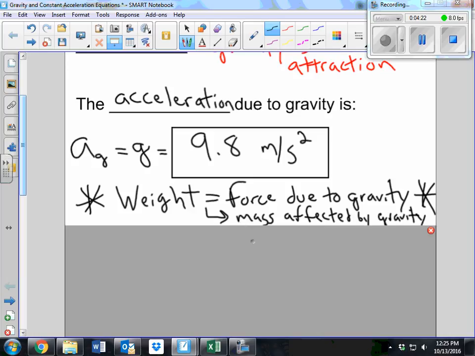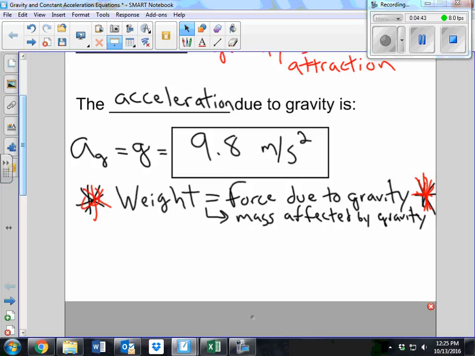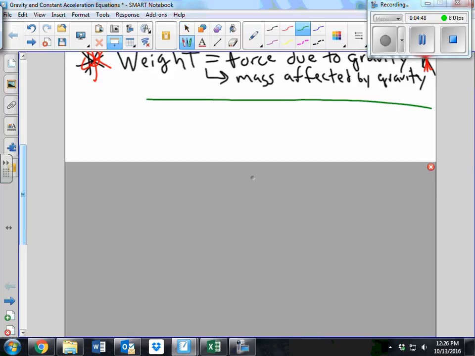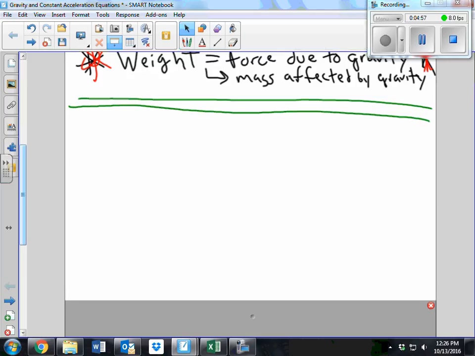No, we won't use this until the next unit. I'm introducing it to you now, so when I introduce it again, it will seem familiar. So you need to remember that weight is your force due to gravity. So when someone says, hey, what's your weight? One, we don't say pounds, we say newtons. But two, we say my weight is my force due to gravity. Now, that is all I need to show you, because we really need that number of 9.8 meters per second squared. Because now we get into situations where we're still in one-dimensional motion,